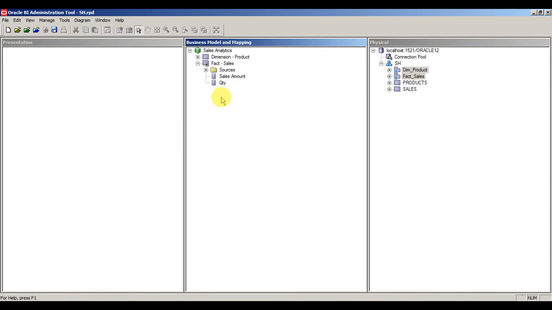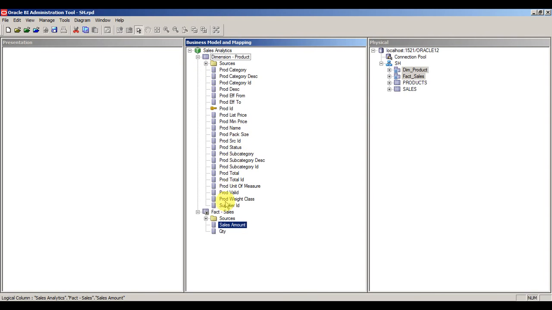So now we have to do one more little setup to make this quantity and sales amount a dynamic aggregation. What I mean to say is, if you have selected a single product and want to see the quantity related to that, you can easily get it, because the lowest granularity of the fact is at the product. But what if you want to see the sum of quantity for each category? Then you need to dynamically aggregate the information which is present in the quantity column.